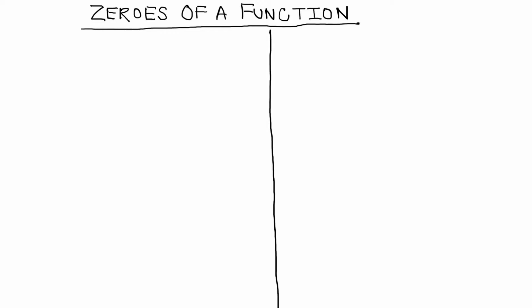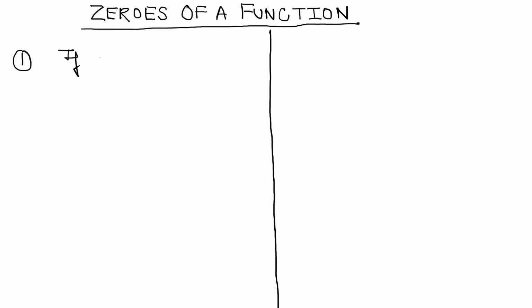The moment we say zeros of a function, let us try to understand this with the help of domain and range, because that is how we investigate a function preliminarily. So the first point that I am discussing here is,